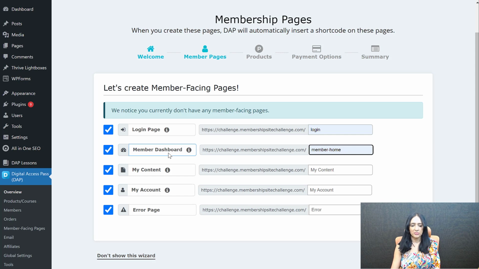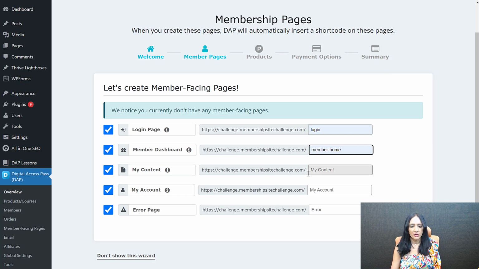And this is the new member dashboard builder I was talking to you about, and I'm going to show you exactly how to customize and add different sections and showcase different categories or products in your membership site using your member dashboard. We'll do all of this later. I'm going to go ahead and get the setup wizard to create these pages, default pages,